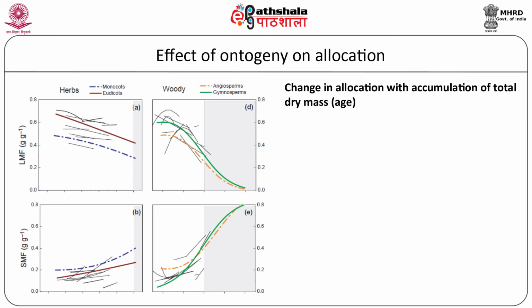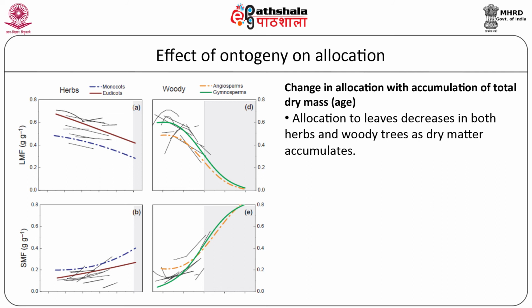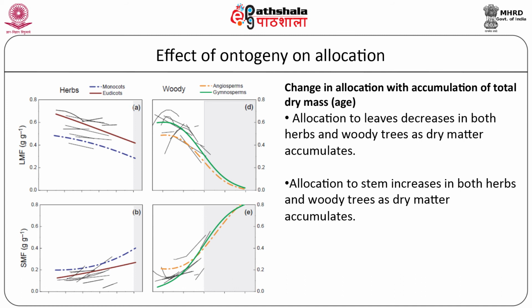Besides environmental conditions, allocation also changes depending on plant ontogeny. Ontogeny of a plant refers to distinct phases like embryogenesis, germination, vegetative development, flowering, etc. As the plants grow, there is an increase in biomass which is reallocated to different organs during these distinct developmental phases. Since ontogeny can be presented as a function of plant growth or development, it has a strong effect on allocation patterns. For example, in herbaceous plants, there is a decrease in allocation to leaves and an increase in allocation to stem as the plant grows.